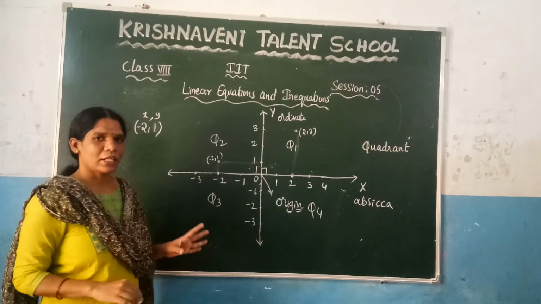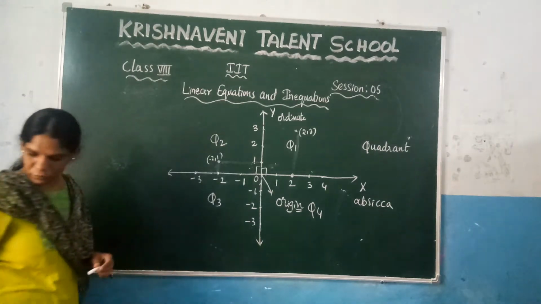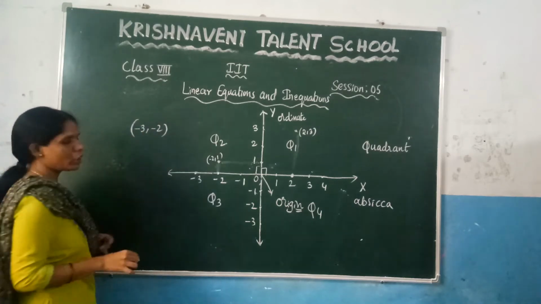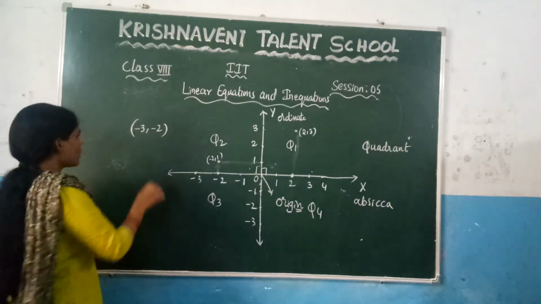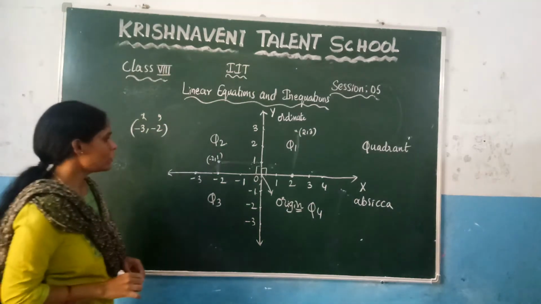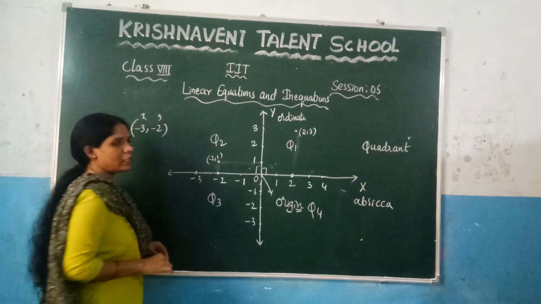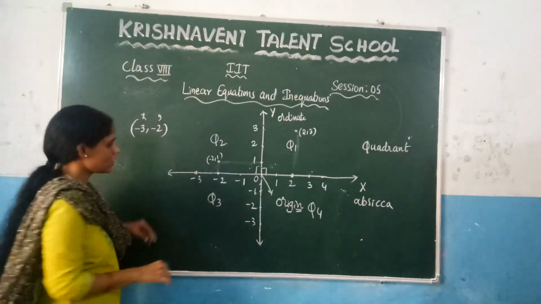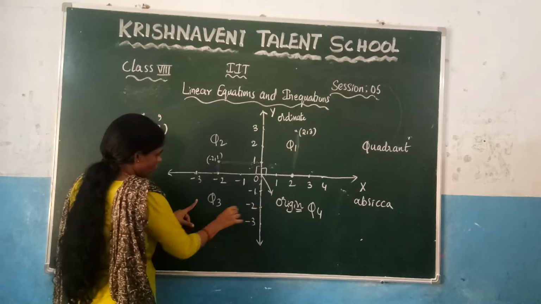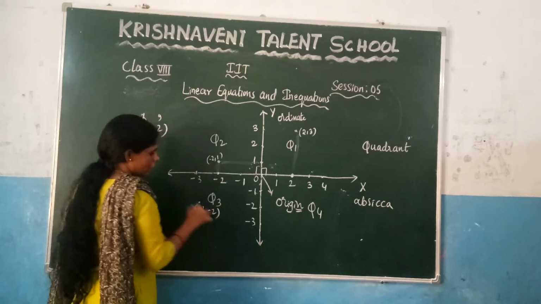Right. Let us locate one more point, which is -3, -2. If you want to locate this point, again, what is the x-axis point? It is -3. And what is the y-axis point? It is -2. Now going here on the x-axis, where is -3? This is -3. And on the y-axis, where is -2? This is -2. Now where these two points intersect, if you go like this, you can observe that they will intersect at this point. This is nothing but -3, -2.